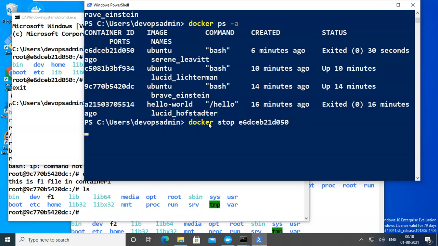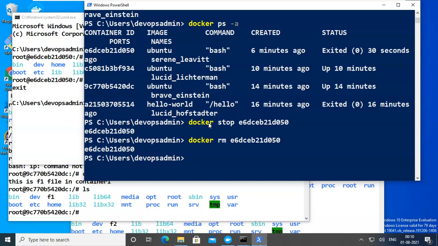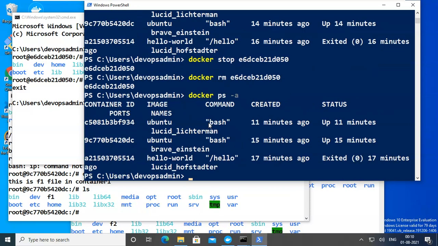Okay, the container is now stopped, and then remove. So now the container is removed. Then go to ps space hyphen a. See if a container is running or not. So two containers only showing here. This is one container, another container.